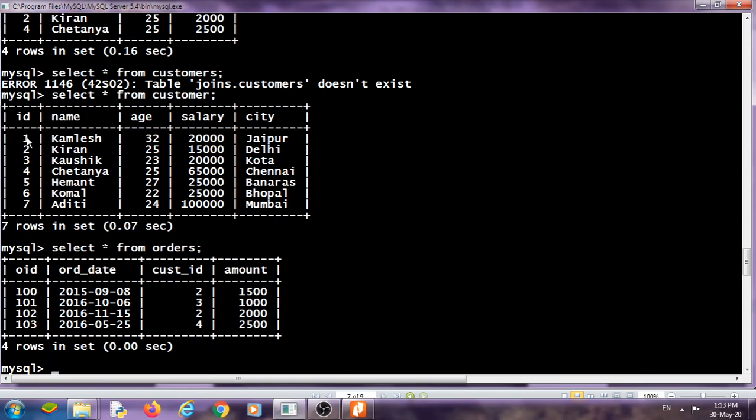This means ID 1 will repeat 4 times: first 100, second 101, third 102 and then 103. ID 2 will also repeat 4 times, and the third ID will also repeat 4 times. That means all 7 records will repeat 4 times each, so the result table will contain 28 records.